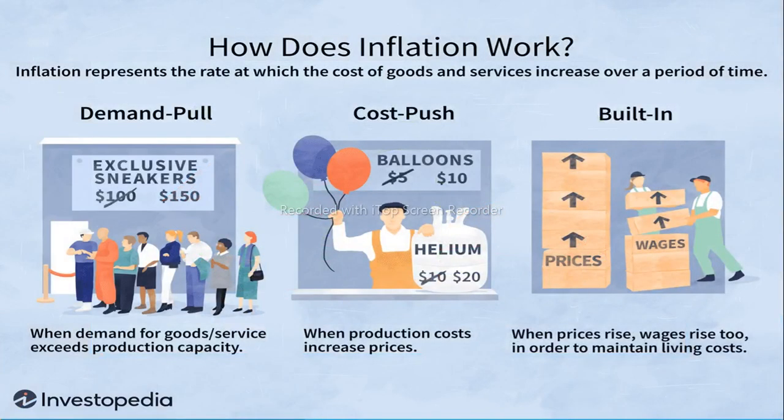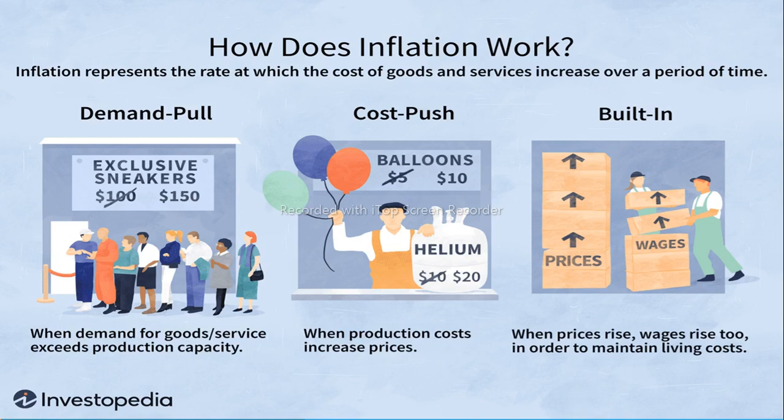Next, we will see about causes of inflation in economy. First, demand pull inflation. When the demand is higher but there is not enough supply for that product, this leads to increase in the price of that product. This type of inflation is called demand pull inflation, as we see in this first example. We can also take tomato as an example. Decrease in the supply of tomato was unable to match the demand, so the prices shot up.